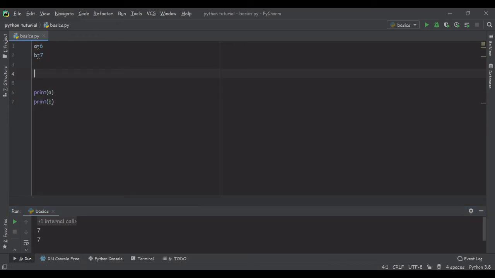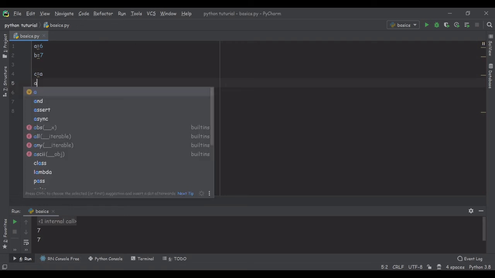So what we'll do, we will take a third variable which is called c, okay. So we'll store a in the third variable c, means storing 6 in c, okay.